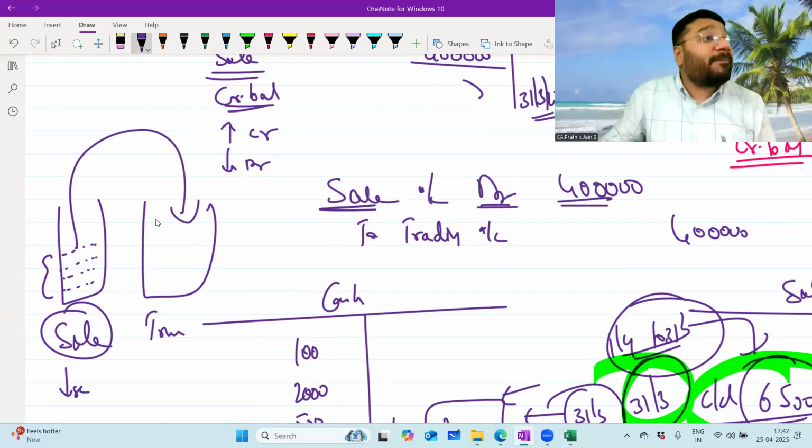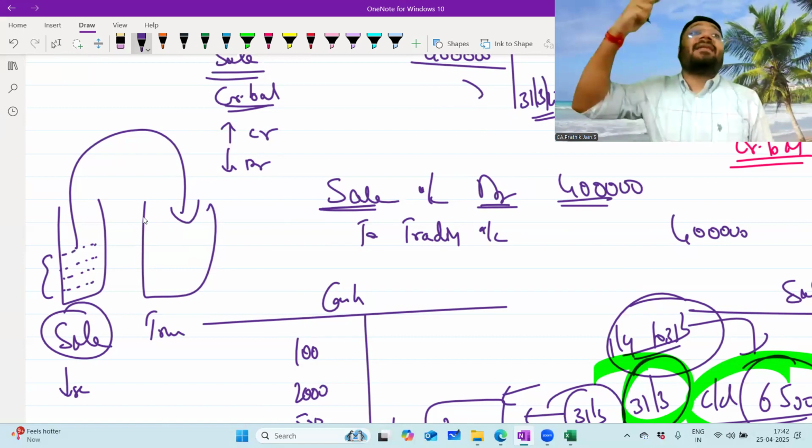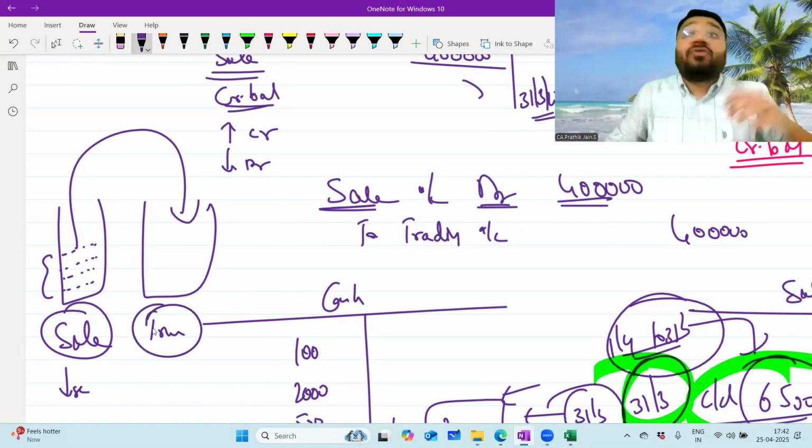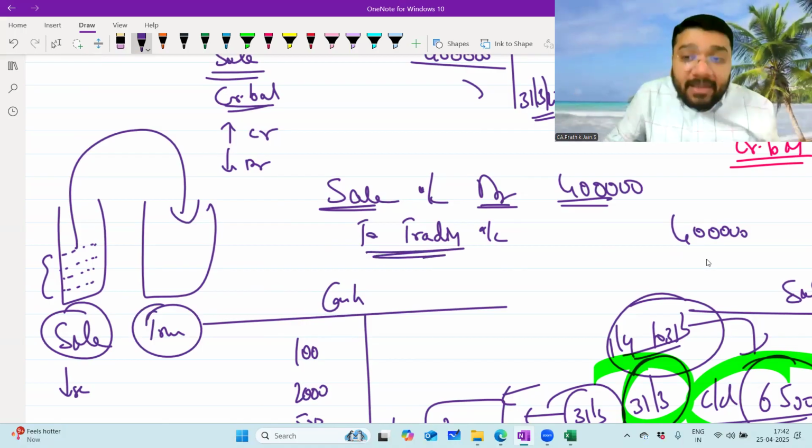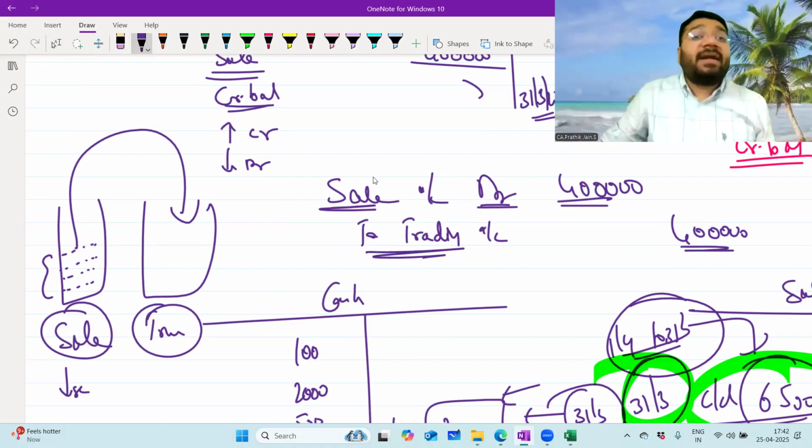Sale is what balance? Credit balance. To increase the sale, credit. So where is the sale increasing now? In the trading account. So where should I credit that now? In the trading account, 4 lakh rupees. So this entry is called as